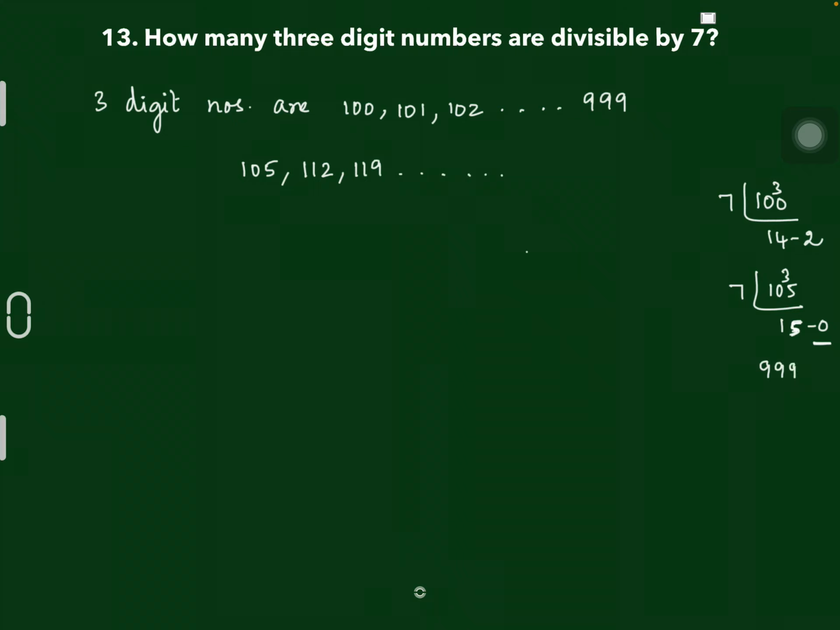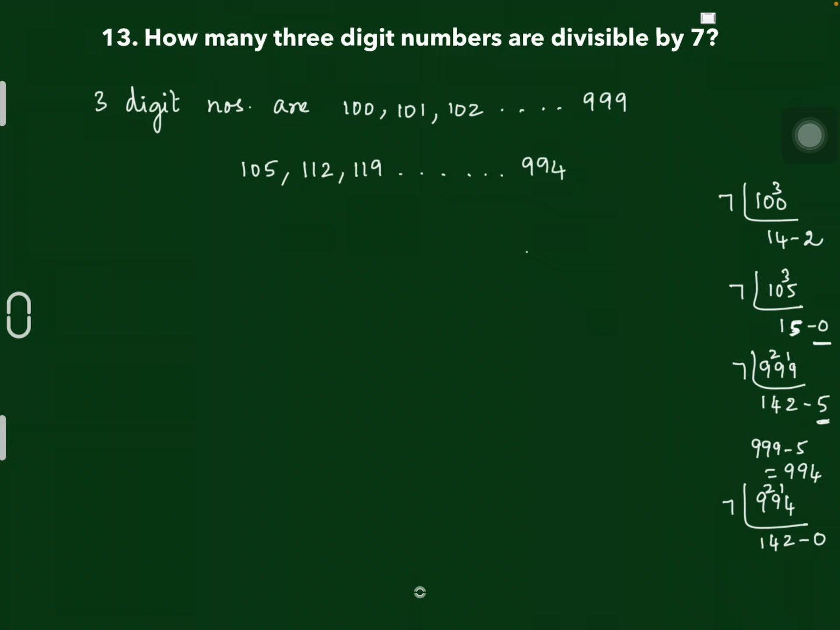Let me try whether 999 is divisible by 7. 7 ones are 7. 7 4s are 28. And again 7 2s are 14. I get 5 remainder. So 999 is not divisible because I get remainder 5. So I just subtract 999 minus 5, that is 994. Now 994 will be divisible by 7. 7 ones are 7, 7 4s are 28, 7 2s are 14 and the remainder is 0. So the last 3-digit number divisible by 7 is